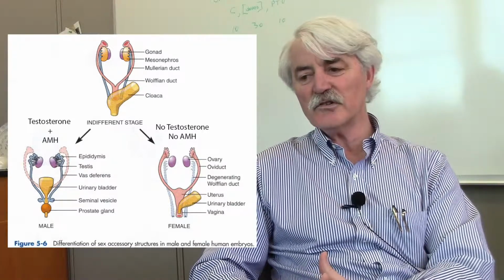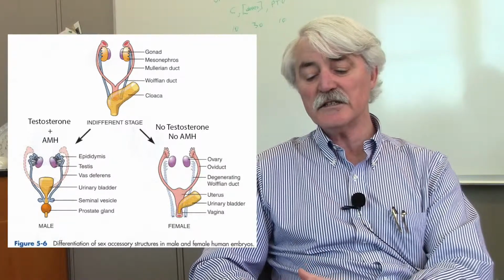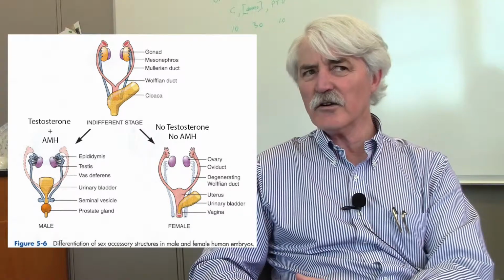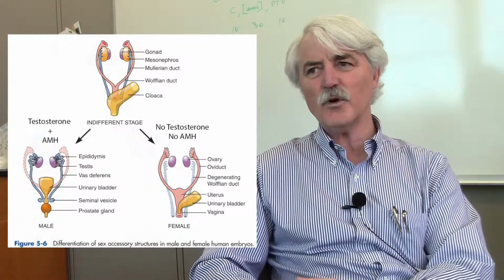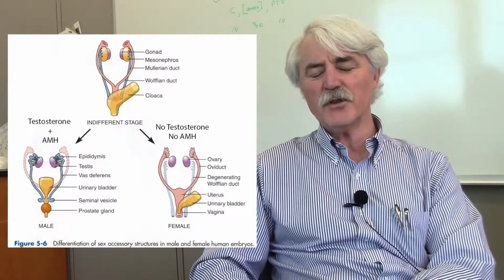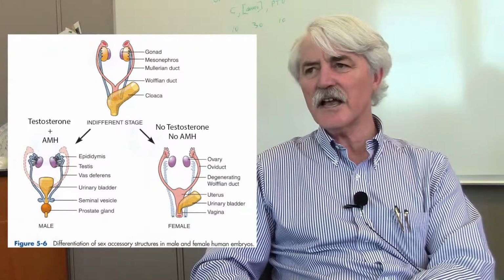But it also produces AMH, which causes the disintegration of the Mullerian duct system. Now, the Mullerian duct system is what forms the fallopian tubes, the uterus, and part of the vagina normally in